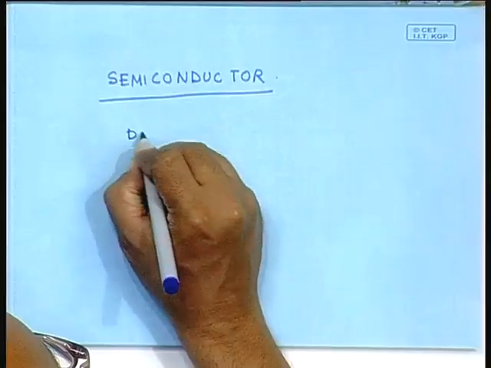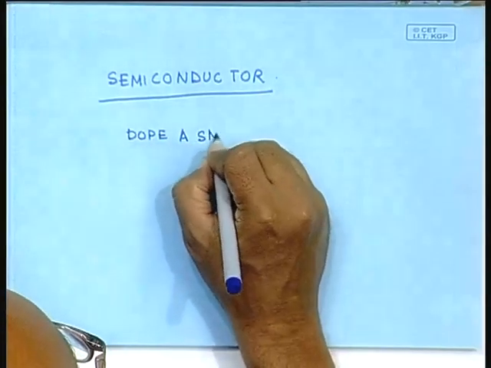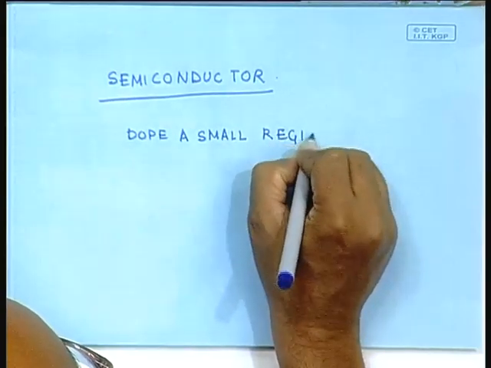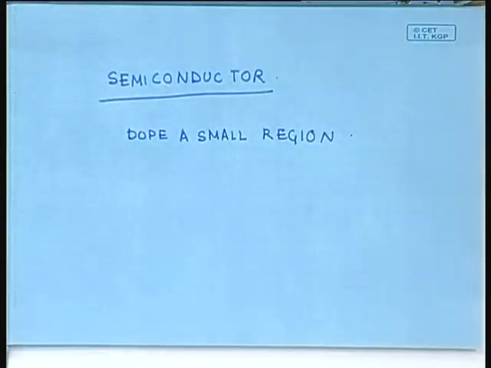So we have doped a certain part of the semiconductor. Inside this doped region, the charge carriers, say the electron or the hole, will experience a different potential. So if you dope a small region, inside this region, the electron or the hole is going to experience a different